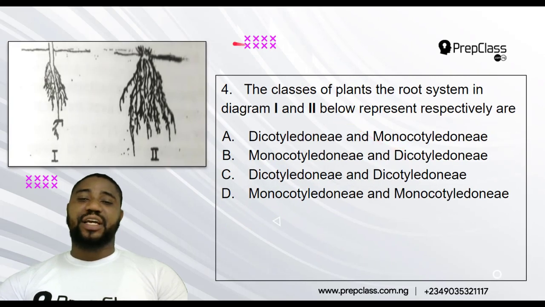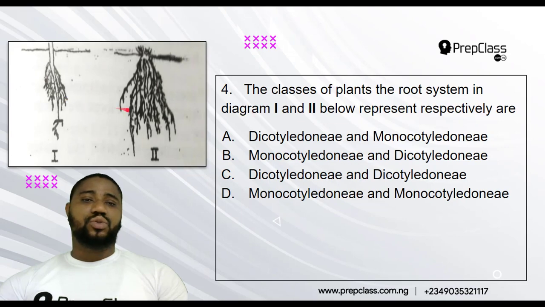Question number 5. The classes of plants, the root system in diagram 1 and 2. I don't really know why this is happening, a typo here or what. The classes of plants, the root system, okay. Maybe they are trying to say that the classes of plants in the root system, there should be an "in" here, in the root system in diagrams 1 and 2 below represent respectively are,